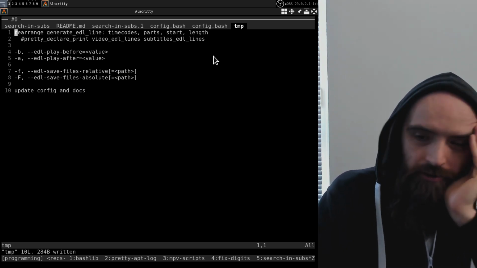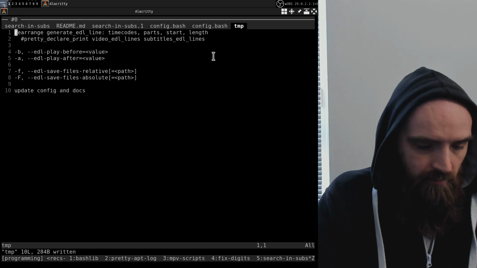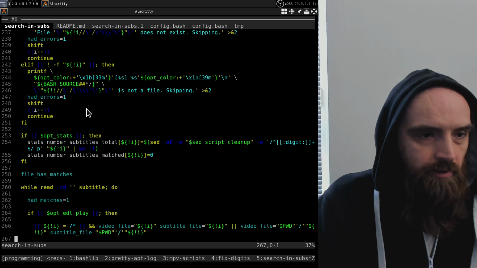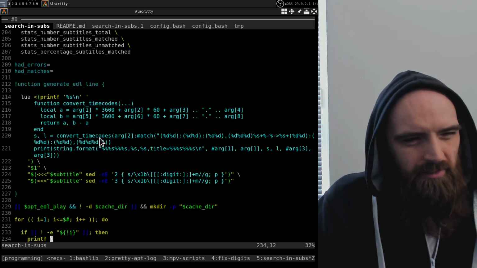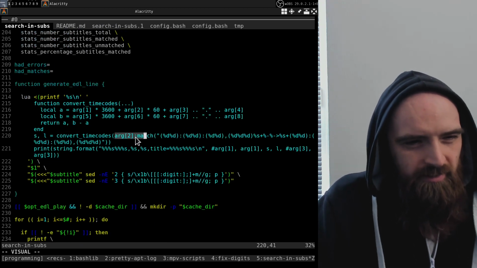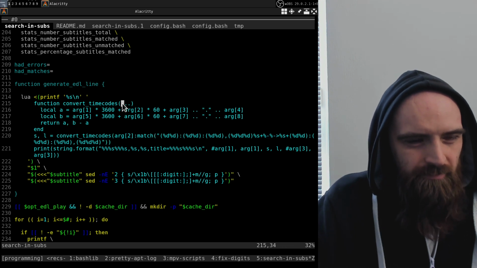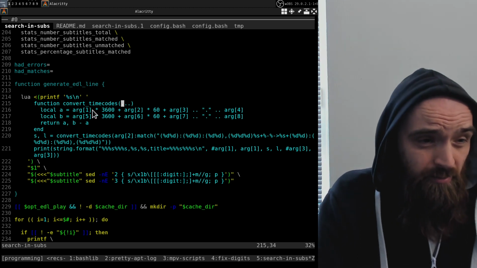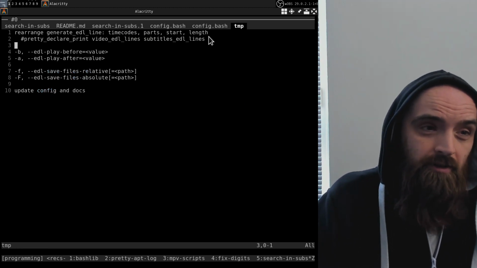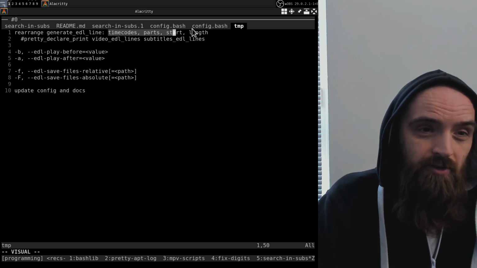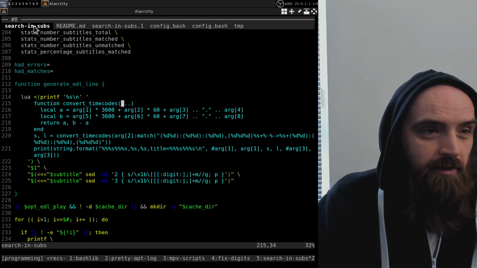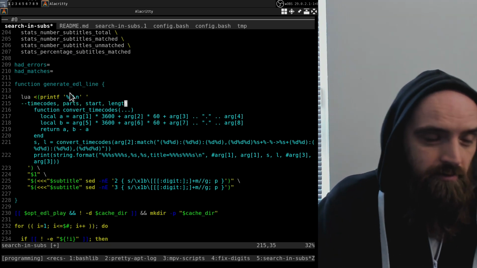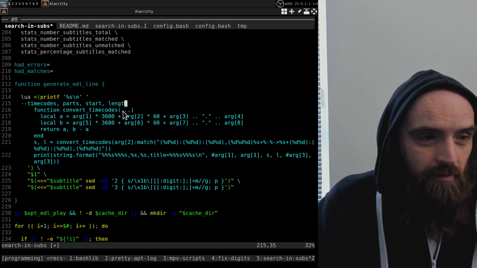Okay, now I wanted to also do some cleanup of this generate EDL file function that we wrote yesterday, because I looked at this and realized that it's kind of weird that I pass the match results to this function. Why don't I just do all the matching inside of it? Hopefully it's not going to take very long. I just wrote down some variable names for myself here so that I don't have to think about what to call them